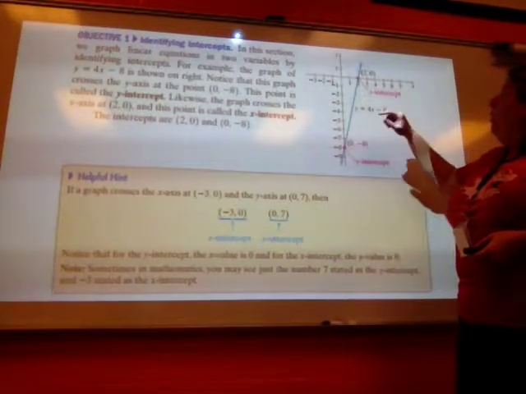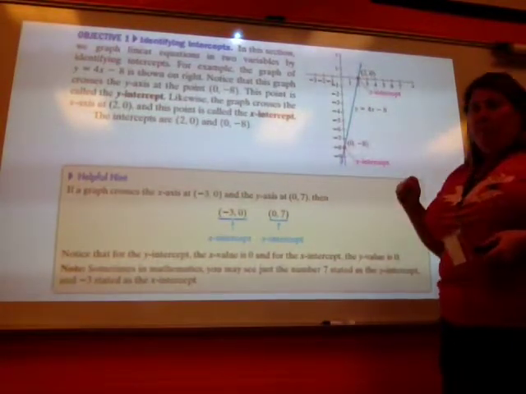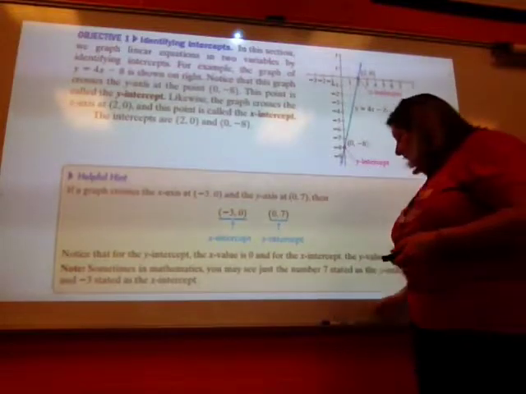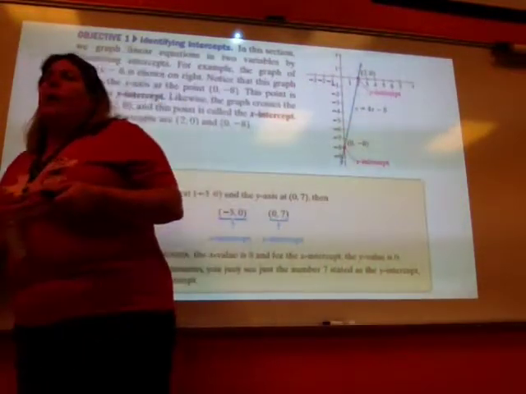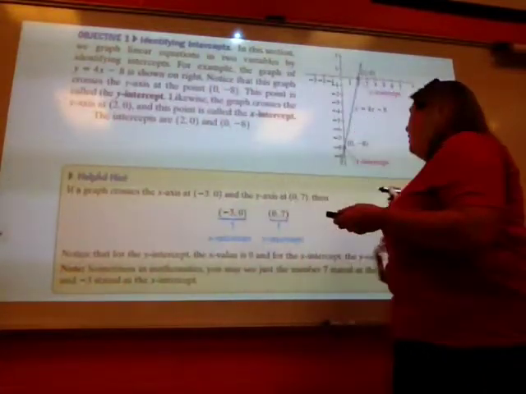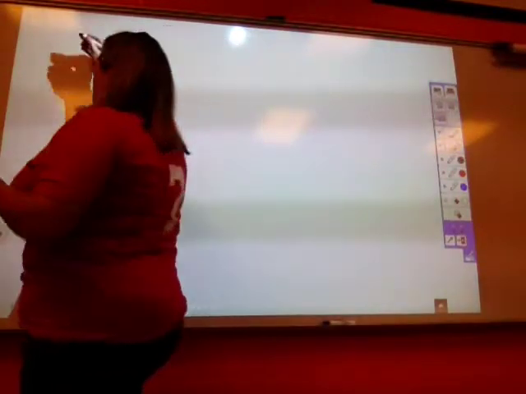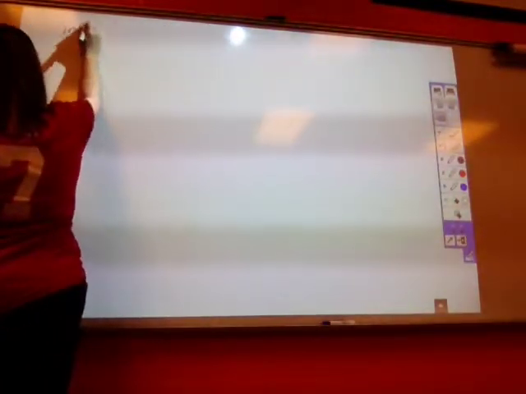All right, so we have X and Y intercepts. When we look at that, what we're really looking at is where our line or our figure crosses the X and Y axis. So an intercept,